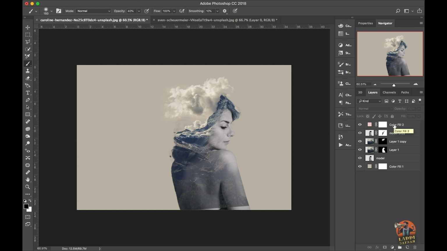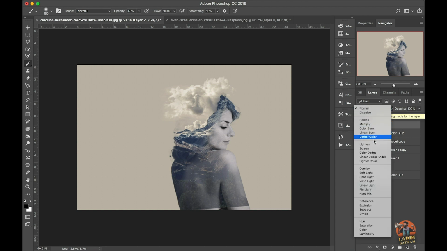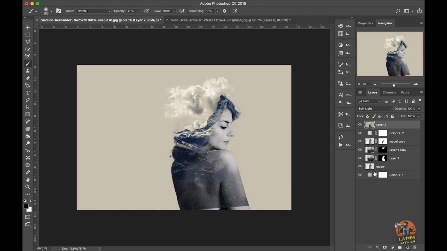Now let's create a stamp visible layer. So I'll press Alt plus Ctrl plus Shift plus E. Change the blending mode to Soft Light and opacity to 30%.